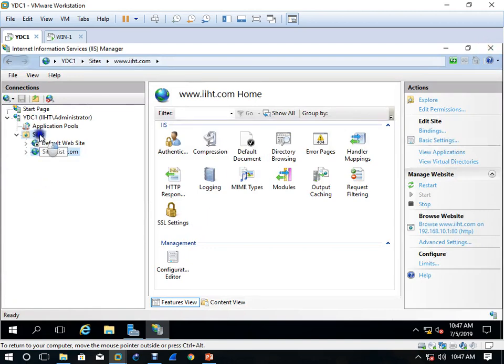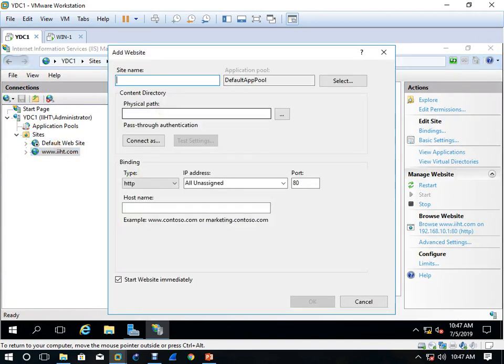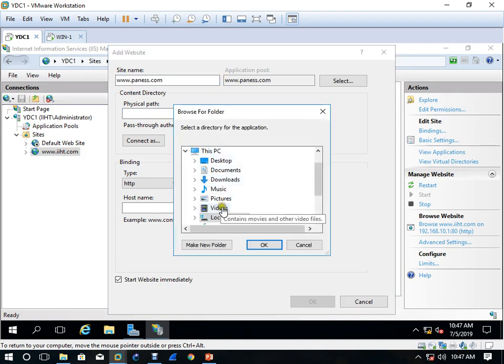Then come here, right click, add website. Now you type here www.panes.com. For the path, I'll go with the second website which I have pasted here.